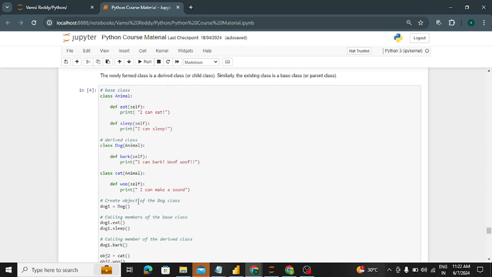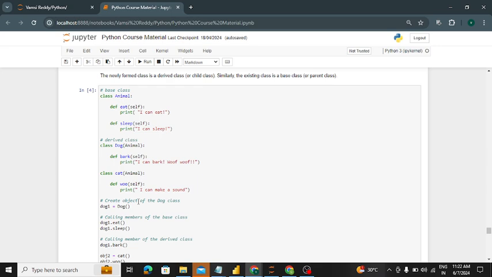Clear? One second, let me note it down. You can try also. Try first with single inheritance, one base class and a derived class. If you want to add multiple functions, you can add them. I just used two functions to explain.